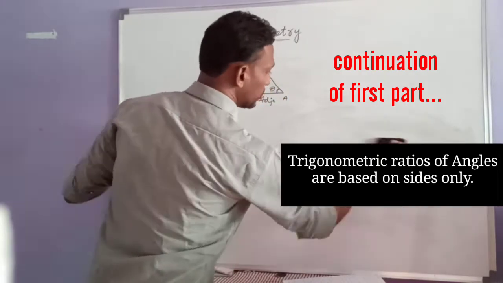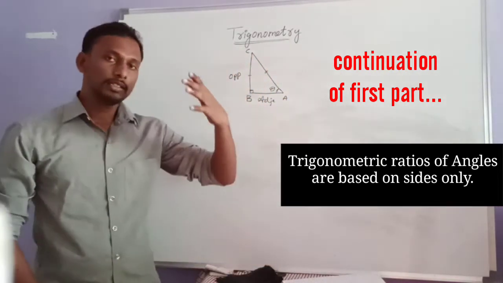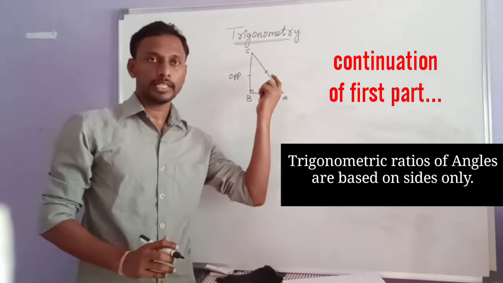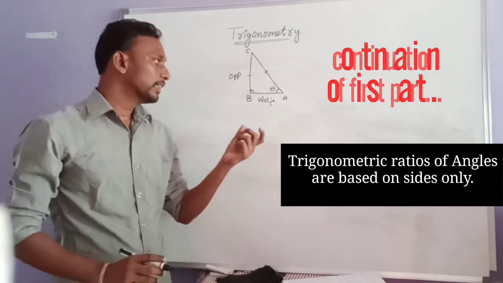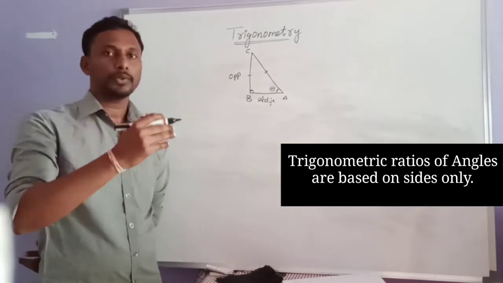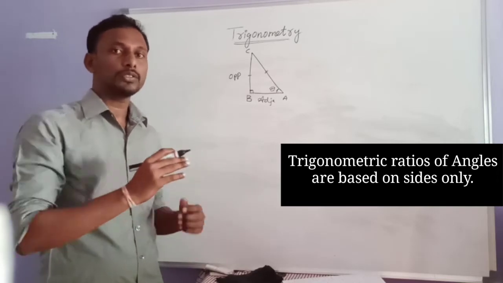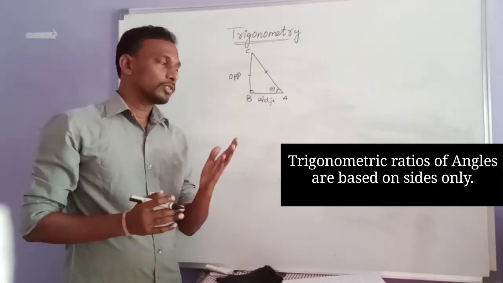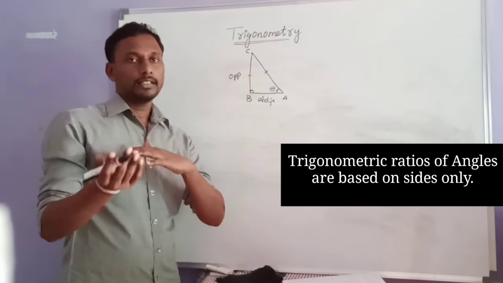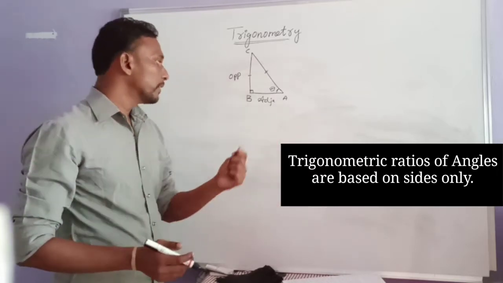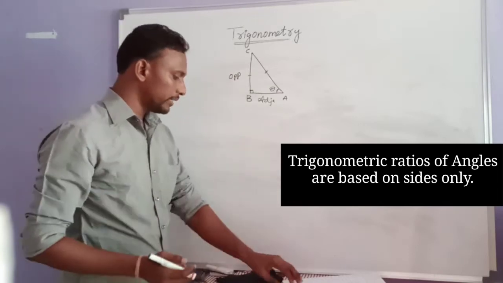So these ratios are just a relation between the three sides. Okay, no need to learn anything by heart. Just remember like that: opposite to hypotenuse is sine, adjacent to hypotenuse is cos, opposite to adjacent is tan. So for these three things, again, multiplicative inverses. Again three ratios. Okay. So once observe here.